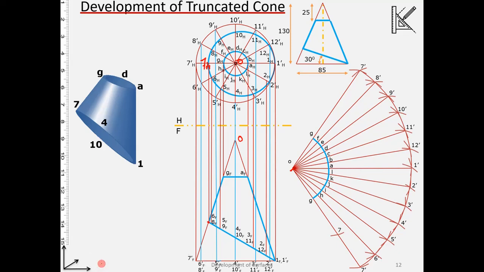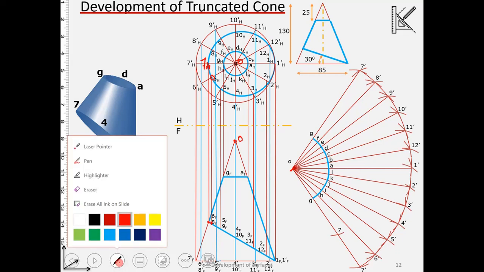Similarly for the point 6. So where is the point 6? Point 6 is this. However, O6, this line is inclined, is not parallel to the frontal. So corresponding to this, its frontal projection will be foreshortened. Okay, so from O, if I join the point 6 and O, this length is not the true length. Okay, I need the true length here. So the method that we know, I will be rotating this point 6 and then I will be generating the true length. Let us do that.